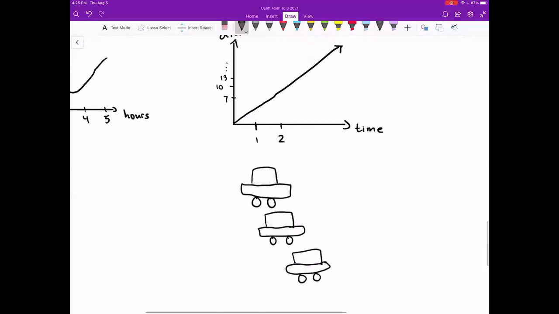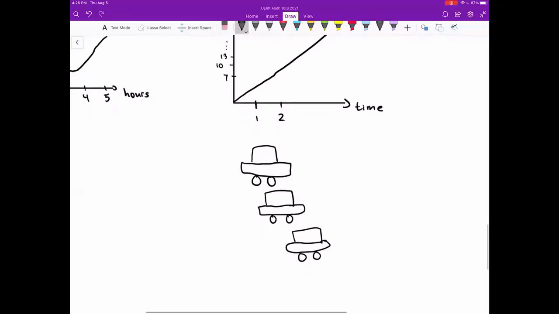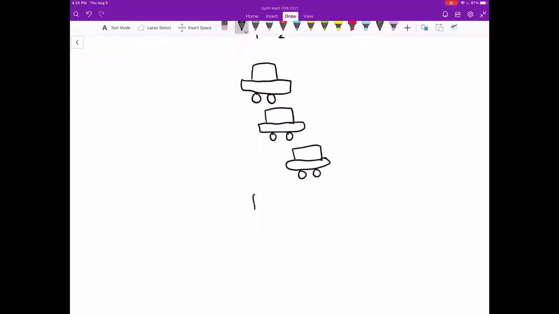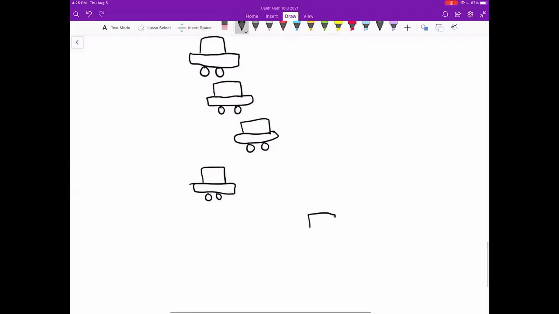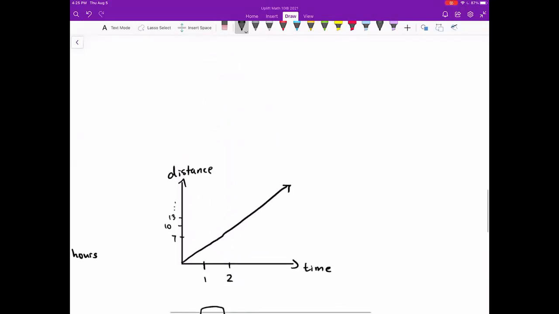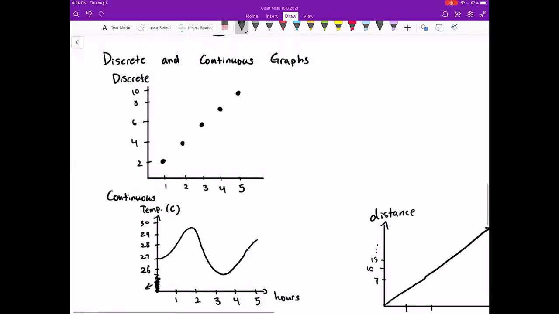If we were to use a discrete graph for the movement of a car, then that would be like saying at time 0, the car is here, then 1 second later, the car instantly teleports from one location to another. Another example for a discrete graph would be like,